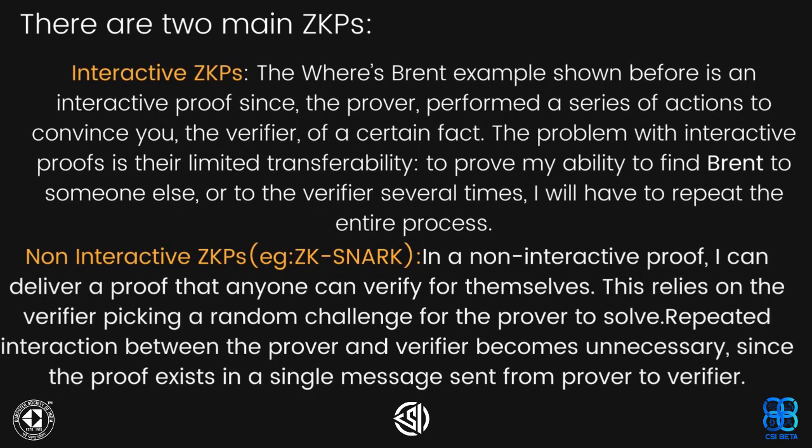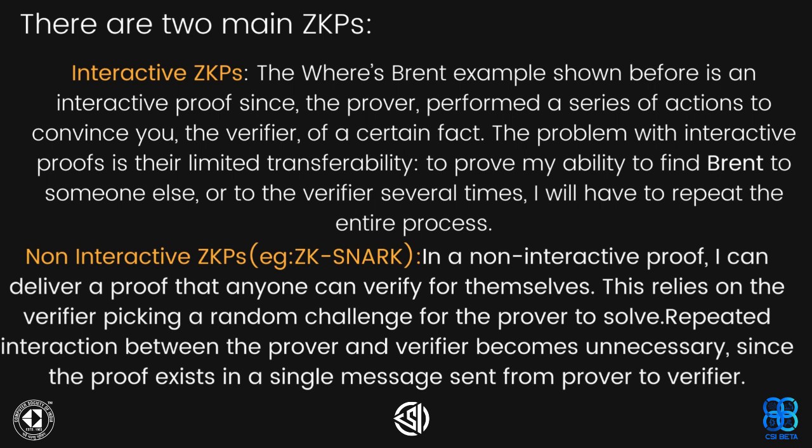When it comes to ZKPs, there are two types: interactive ZKPs and non-interactive ZKPs. Interactive ZKPs are the ones where I showed you the example of Brent. You can see that the prover is performing a series of actions to convince you, the verifier, of a certain fact. But the problem with interactive proofs is that they have very limited transferability. You have to repeat the entire process several times for others,